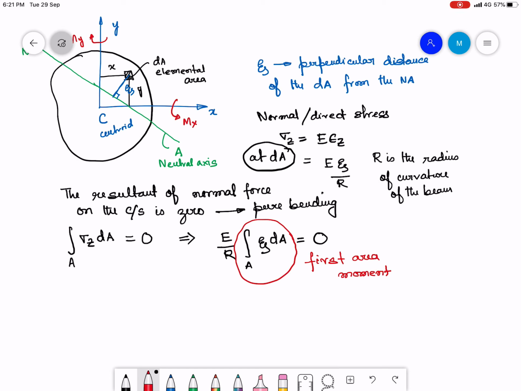If the first area moment about a certain axis is equal to 0, then the axis should pass through the centroid of the cross section. Only if an axis passes through the centroid is the first area moment about that axis 0. Therefore, this implies that the neutral axis should pass